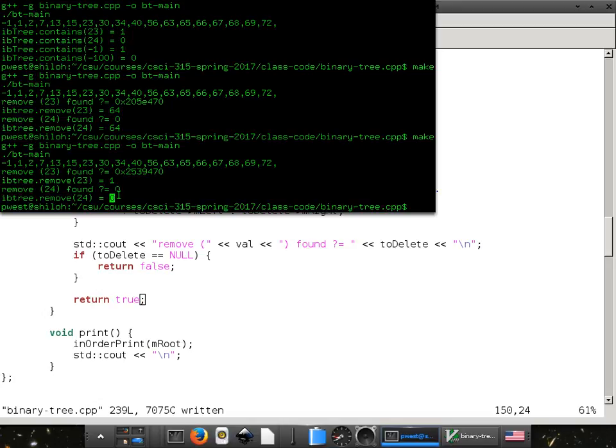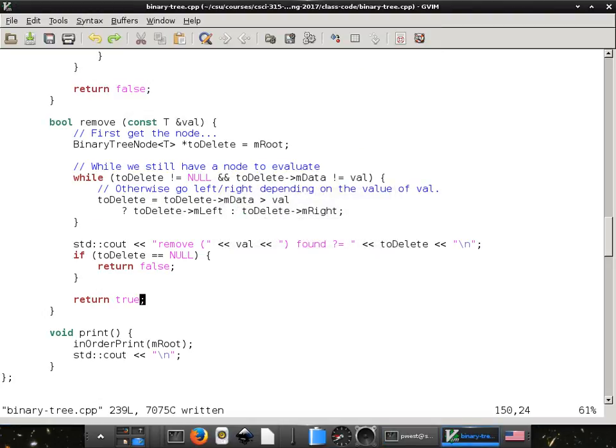Not found, so we're not removing. But of course, we actually haven't committed the remove yet, so we need to figure out how to do that first. What was the 64 before? That was just whatever value was at that location when it returned from the function. We didn't actually return something, so the behavior is